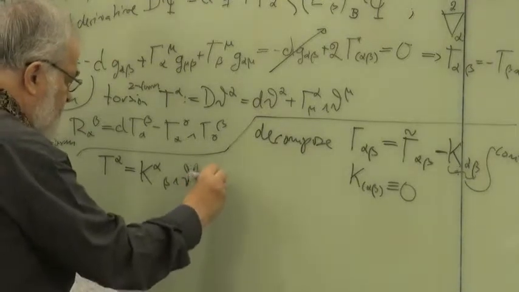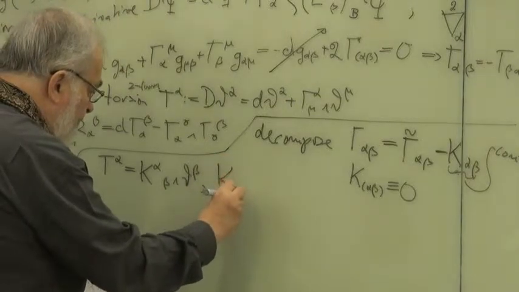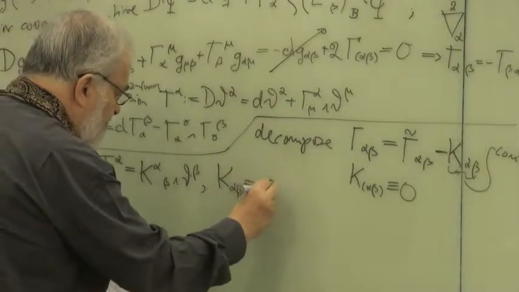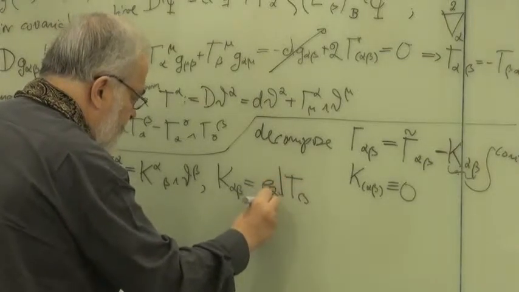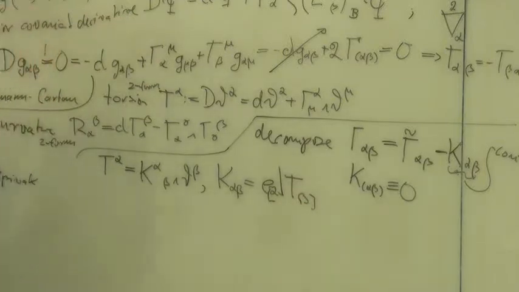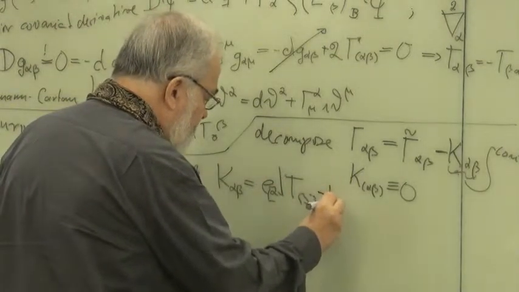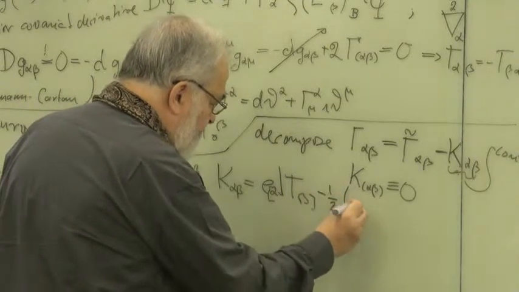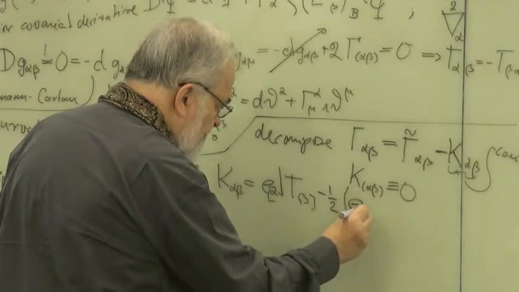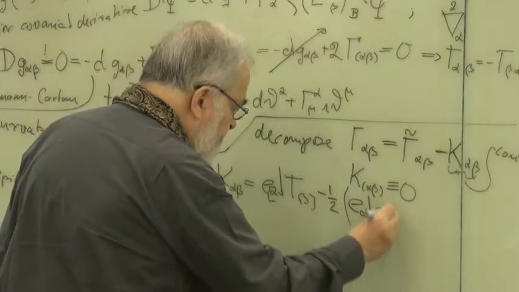And you can resolve it with respect to the contortion: K alpha beta is equal to E alpha in T beta, anti-symmetrized, and you get an additional piece which you can put in different forms. The form which I have used here is minus 1/2 times parentheses E alpha in E beta in